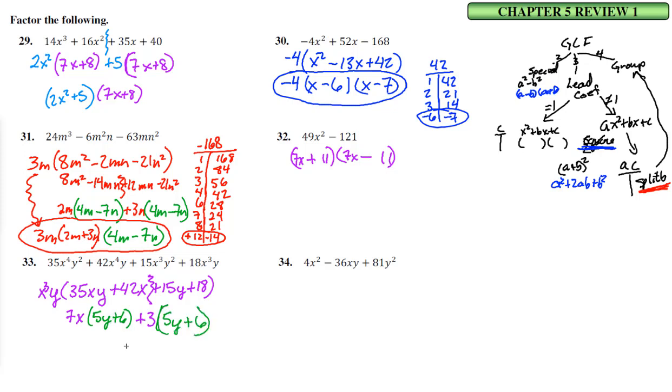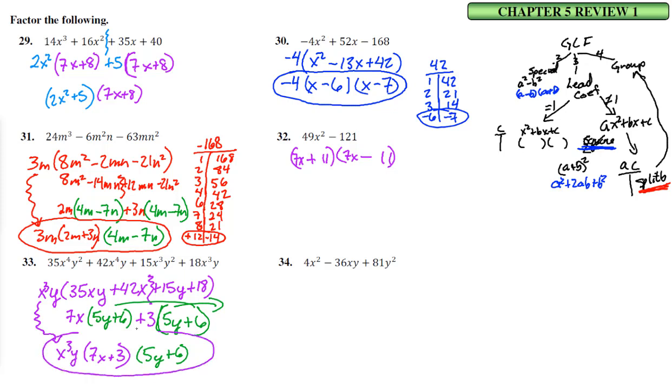And that allows us to pull that 5y plus 6 out, and we're left with the 5y plus 6 right there. And then the purple is 7x plus 3. And this guy just kind of floats down here. X cubed y out front. Oh, that looked really ugly, but this just step at a time, precise on each step, will get us to the answer. All right, the next one,